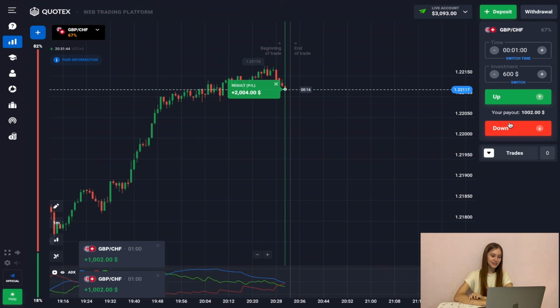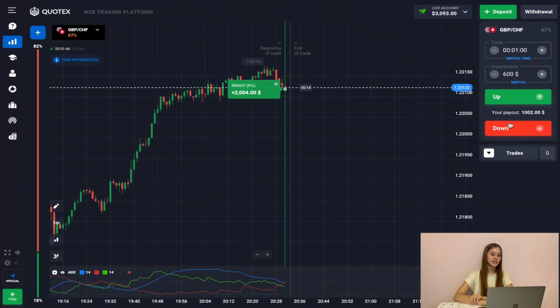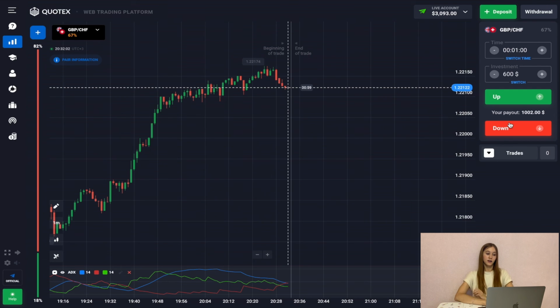So we closed successfully all the deals. So we demonstrated the ADX indicator in 4 deals, how it works and how to open deals according to trends, telling the strategy and earning